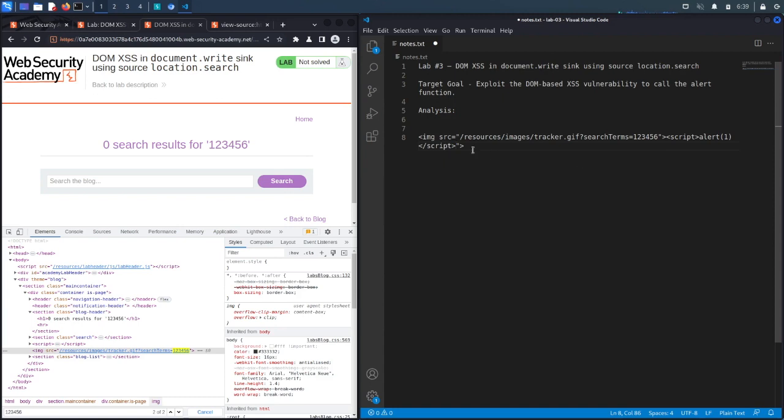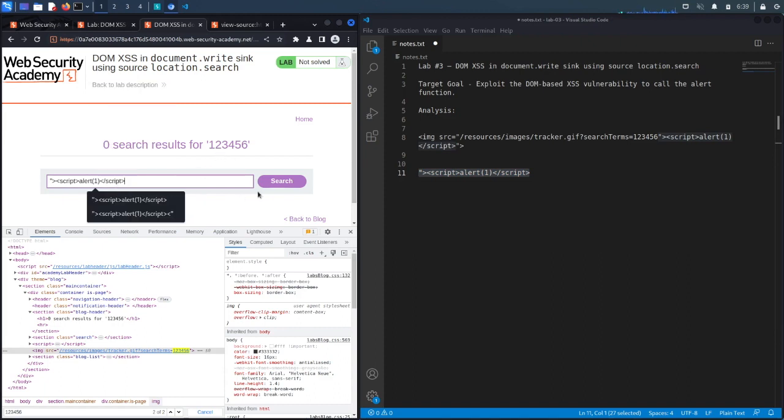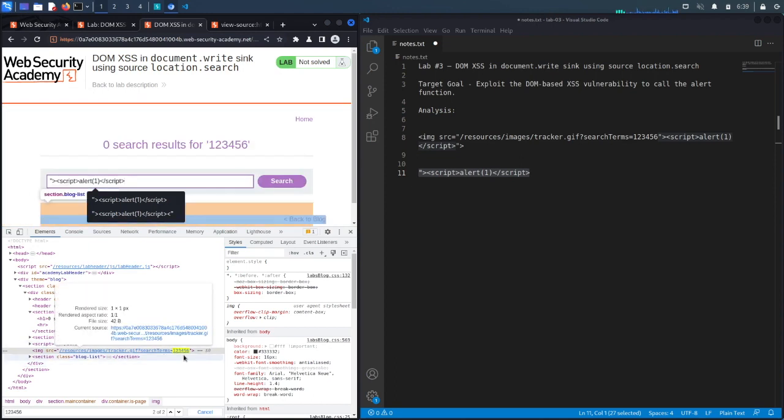And that is it. So let's copy this. This over here would be our payload. You don't actually need to put in an integer because it'll just be empty. So we'll copy this, put it in here. And so now when I search, what should happen is it should create the image tag with an empty search